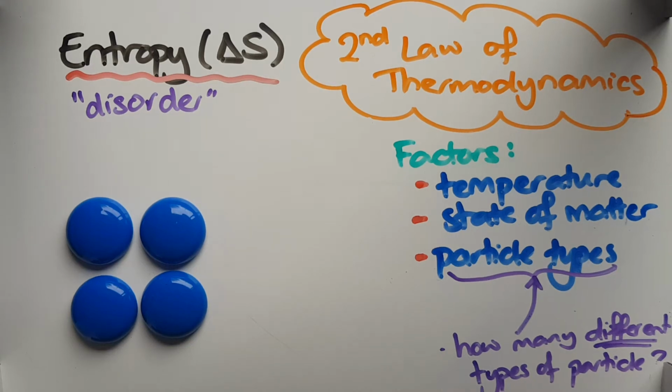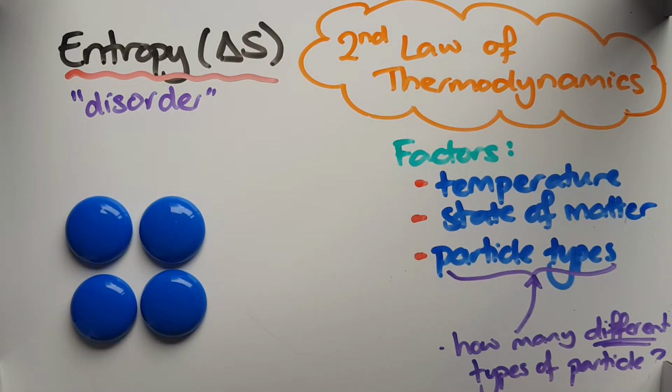In this video, we're going to do a brief introduction to a key concept called entropy. Now, entropy is a measure of disorder, so how disorganized a substance is. In a nutshell, according to the second law of thermodynamics, which is a pretty key physics and chemistry principle, or law, I should say, the universe tends towards disorder.